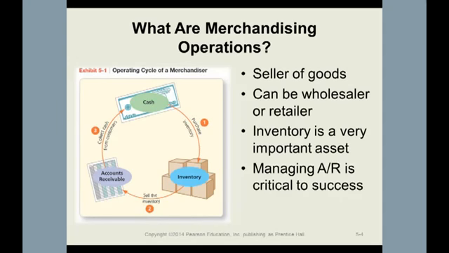So the cycle is where you take some cash, and I had this drawn up on the doc cam before, you buy inventory or you get credit for the inventory, you sell it, it creates a receivable which you hope you collect, and you get your cash back. Any delay or any problems within these two areas could cause bankruptcy. If you can't sell inventory and if you can't collect the receivables, you're out of business.